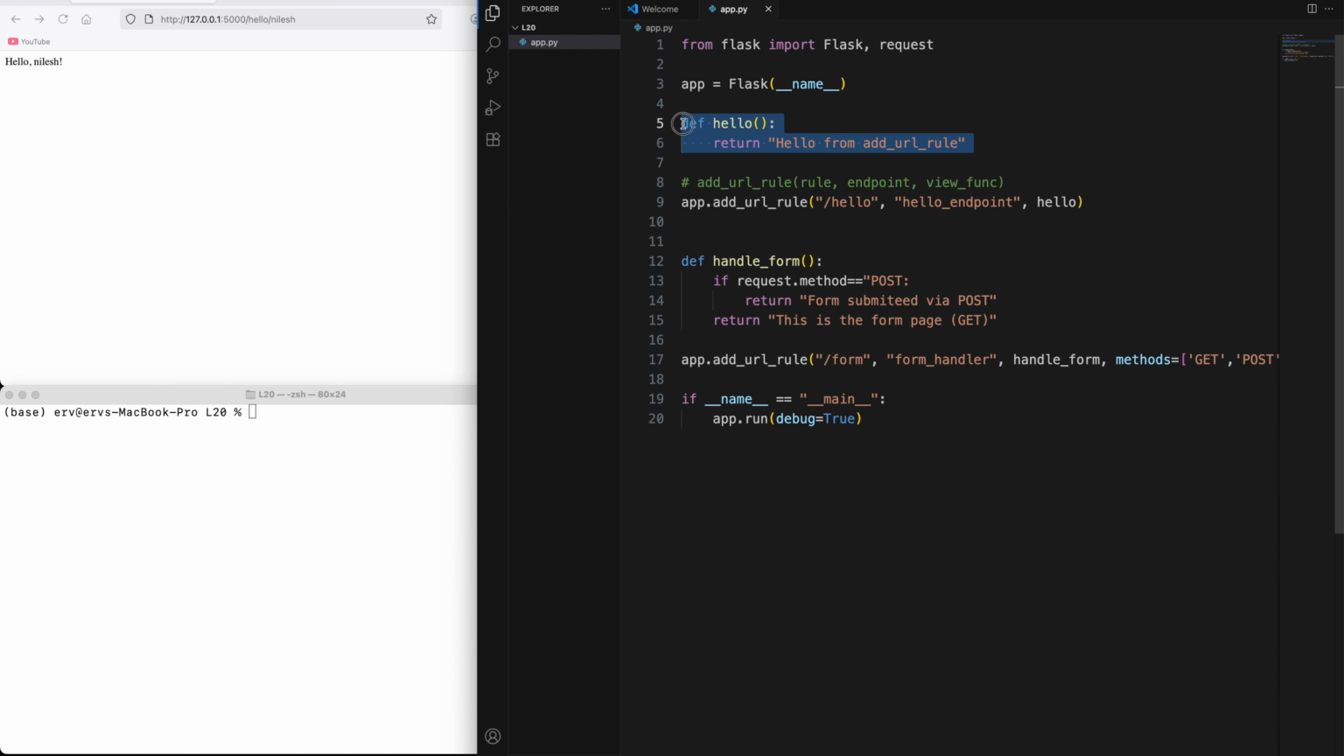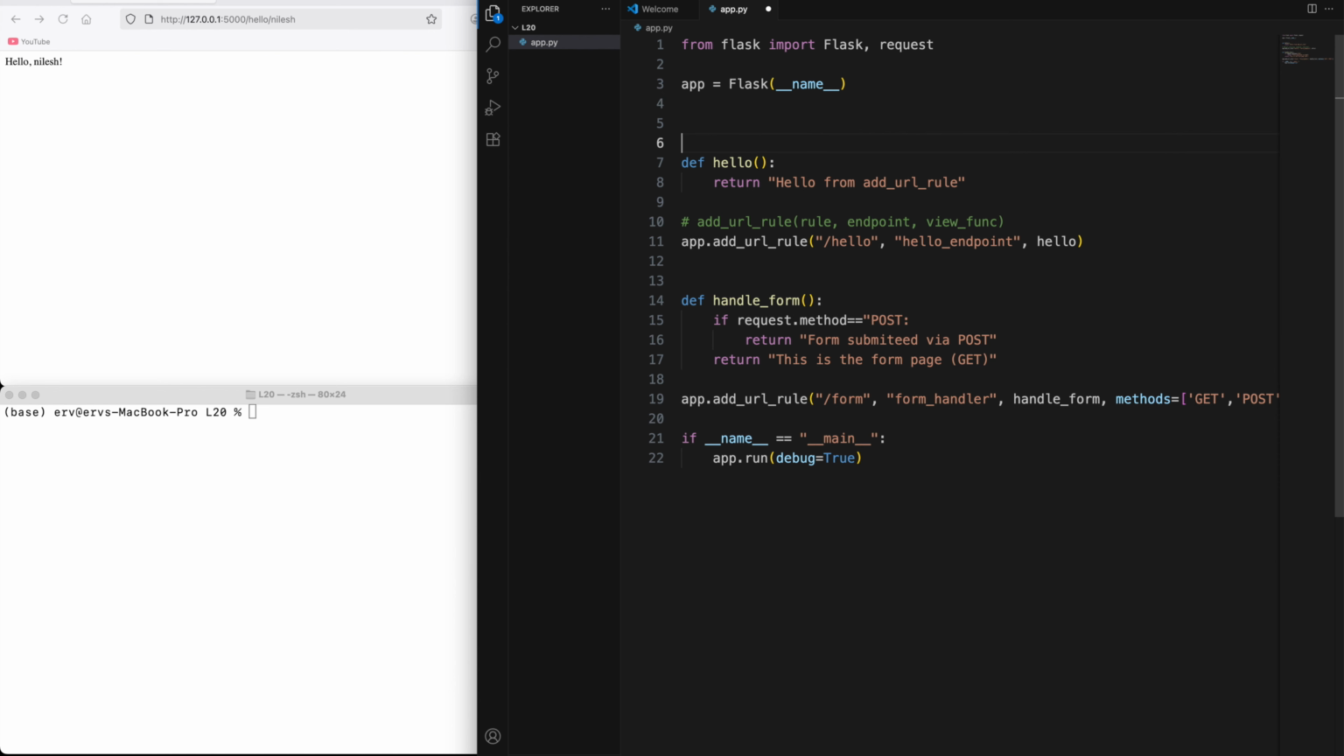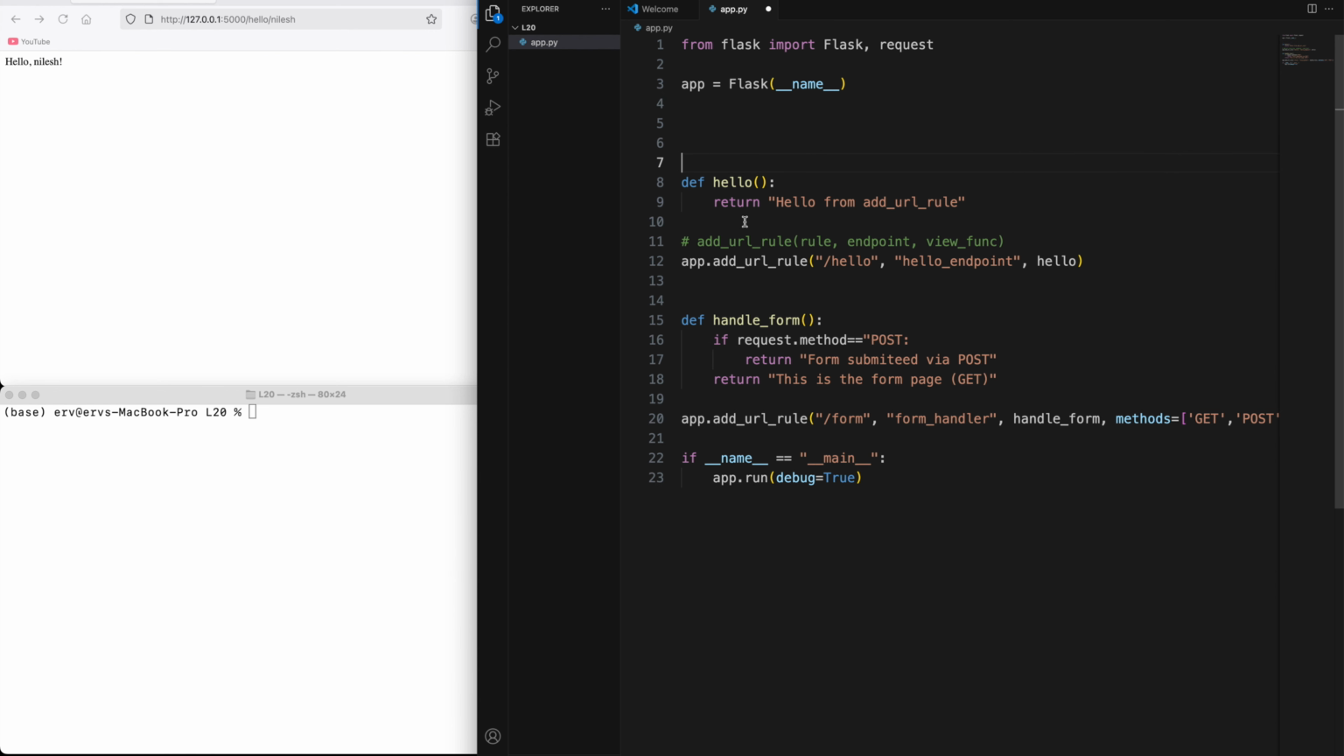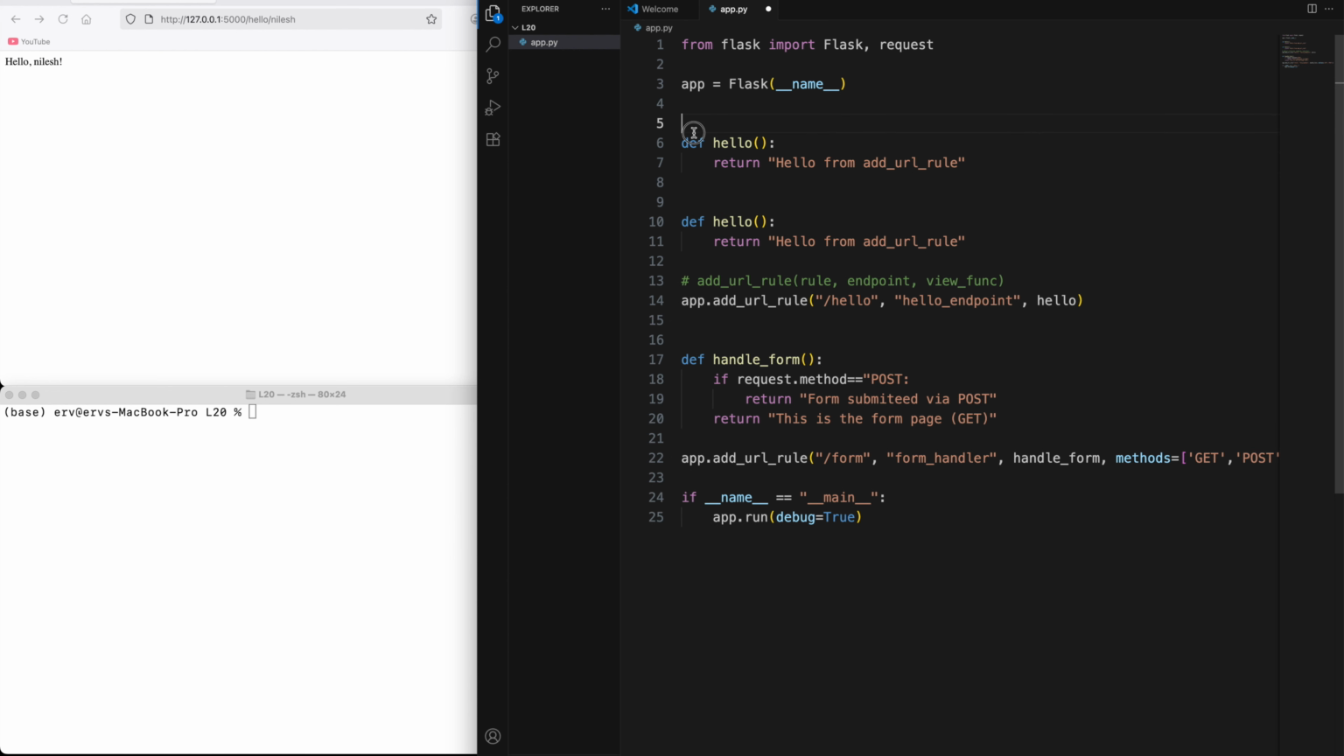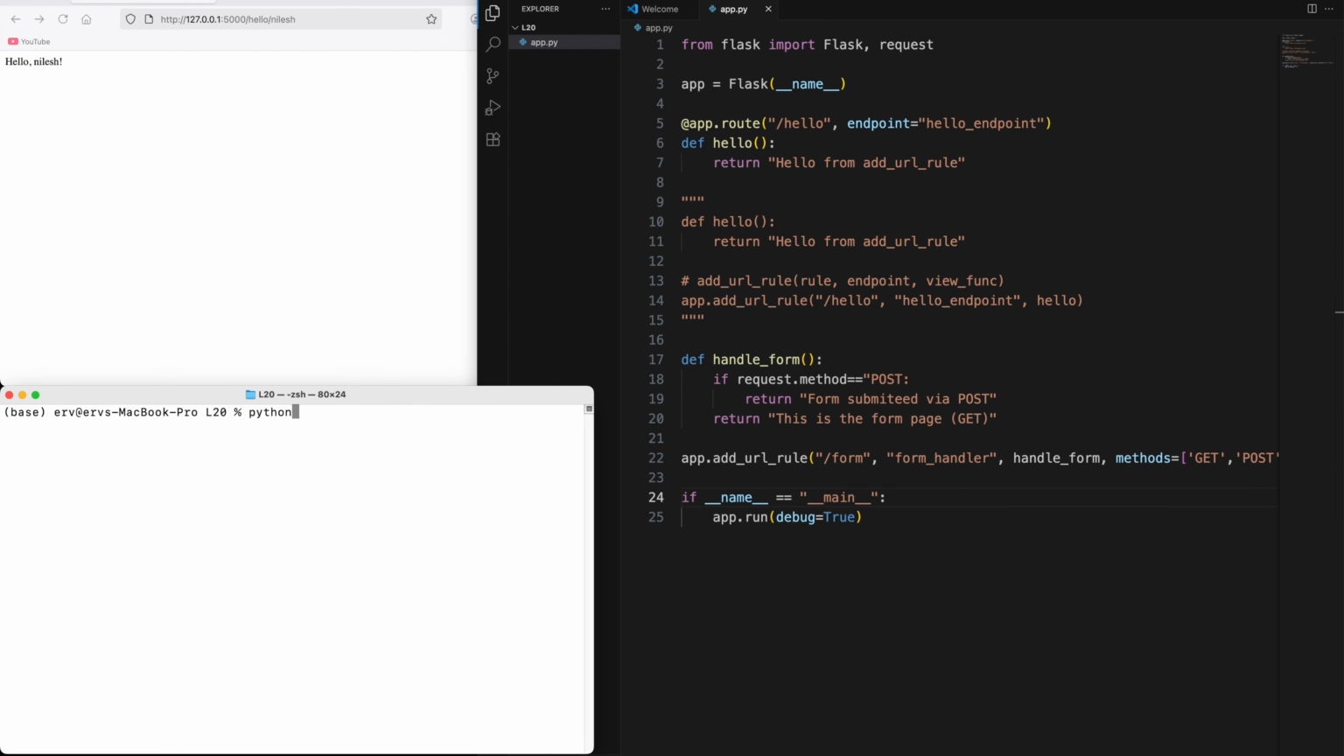We have a function. What we did differently this time is, rather than saying this is the function, and above that typing app.route, and in here putting hello and maybe specifying endpoint equal to hello_endpoint, in quotes, which is what we generally do, we have used add_url_rule. So if I comment this out now and save this, if you go here and type python app.py,